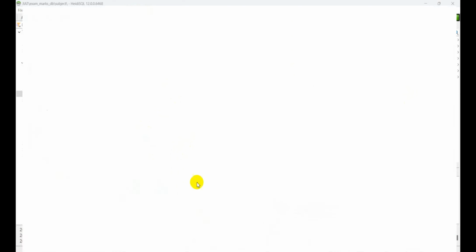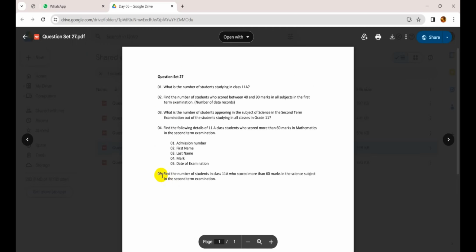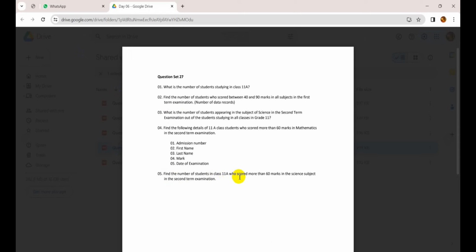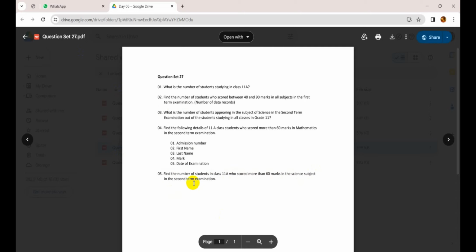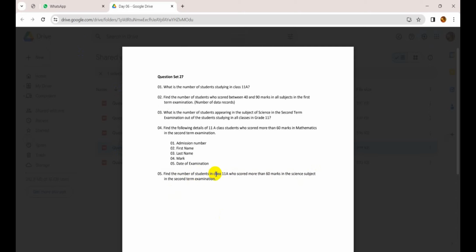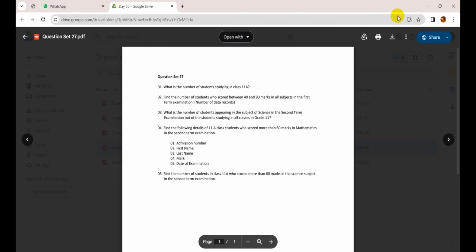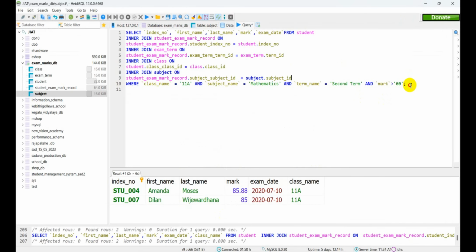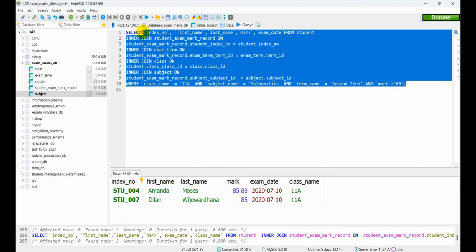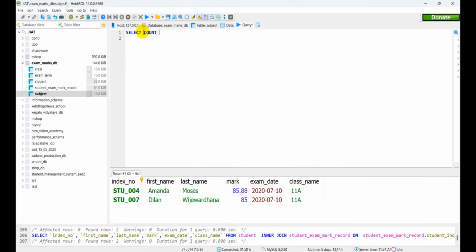So we'll move to the fifth question. Find the number of students in class 11A who scored more than 60 marks in the science subject in the second term examination. Here we have to see the count. We have to see the count from student index number from